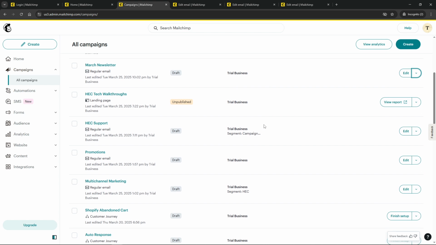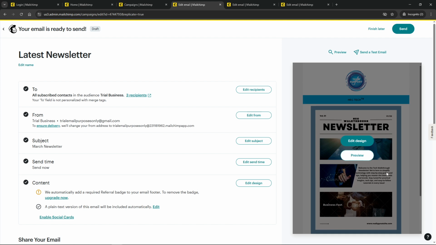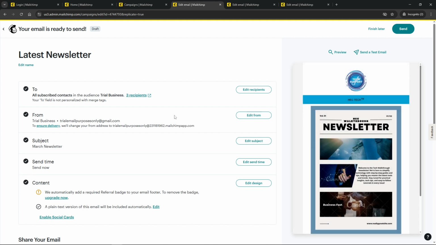Once you've found the campaign, you'll see a drop down arrow, often labeled More, next to your campaign name. Click on this and then select the option to replicate. This function is quite handy as it creates a duplicate of your original campaign, allowing you to make necessary tweaks